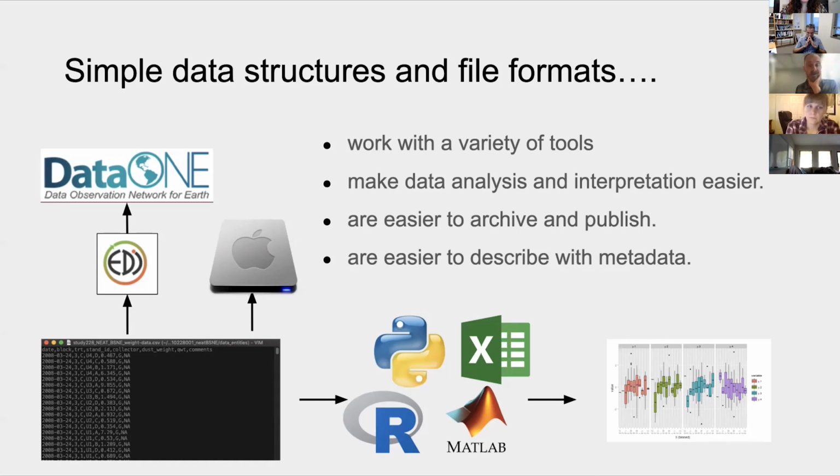So if you do that ahead of time, it'll be a little bit smoother road to get your data into the repository that you need to submit to. They're also easier to describe with metadata. It's easier to just give a series of column descriptions than to give metadata about multiple sheets or tables within sheets in an Excel sheet, for example.